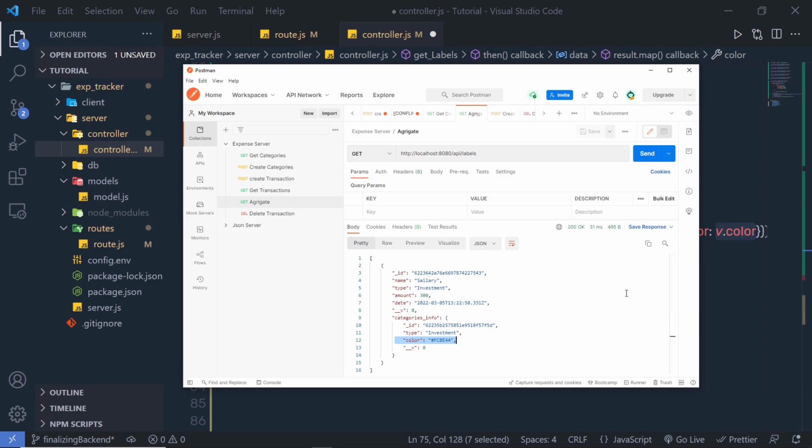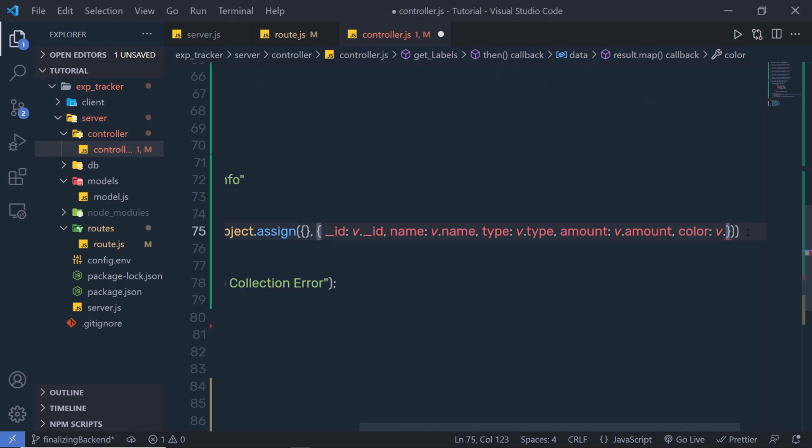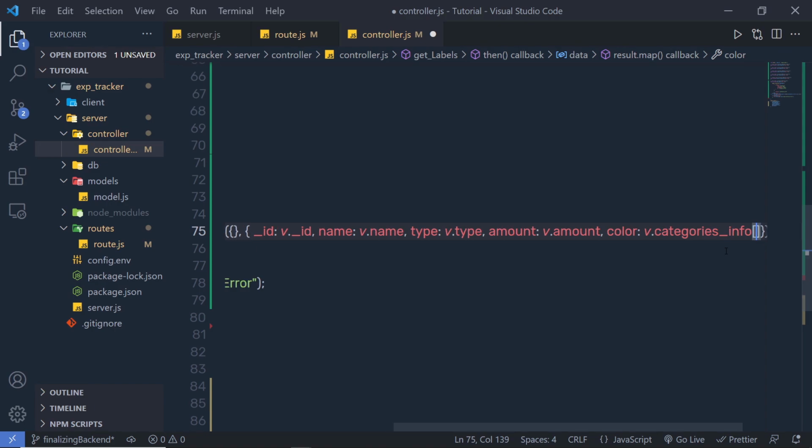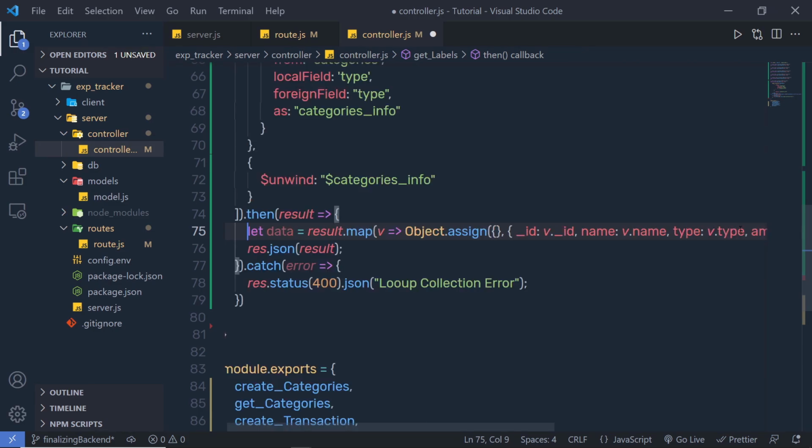This is because you have this color property inside this category info object. So you have to first call this category info and then call this color property. So instead of this color, I'm going to say category info and then call here array and pass a property name, which is color. Something like this. Pass here colon, and now instead of this result, I'm going to pass here data. Let me save the changes back to the